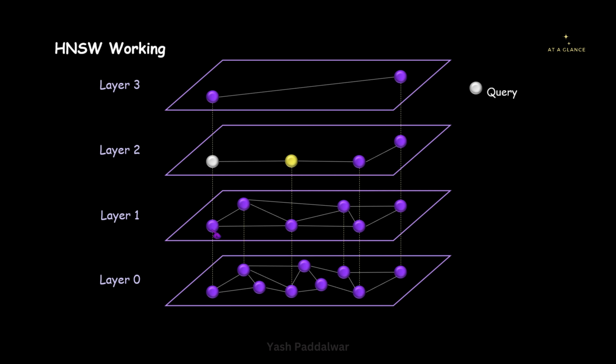So this particular node in layer 1 will now be called the current node. Now when we talk about this current node in layer 1, we have two neighboring nodes. Again, we'll simply compute the similarity between these nodes and the query vector and check which similarity is greater. Whichever is greater, we'll name that the current node. So let's say that this particular neighboring node has greater similarity. So we'll shift the current node to this particular node.